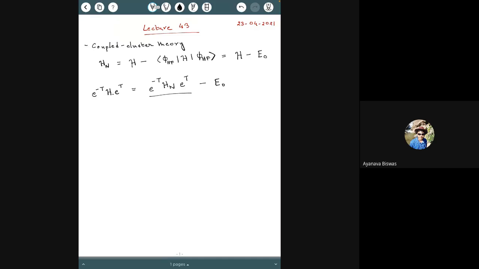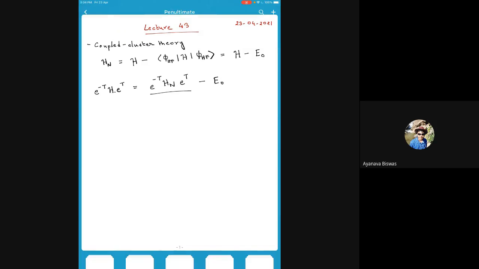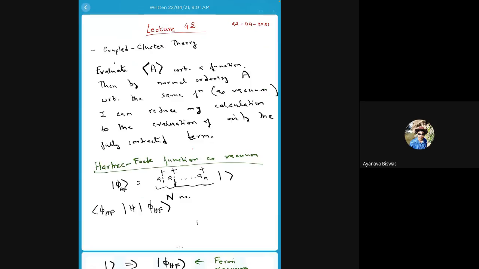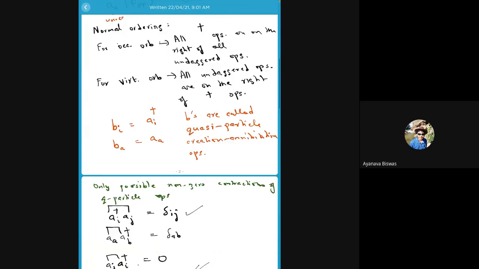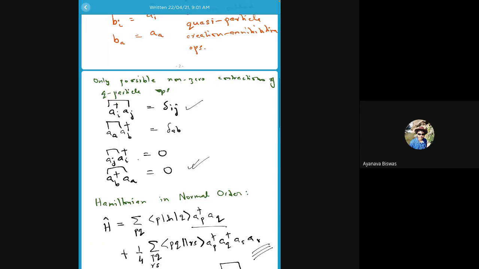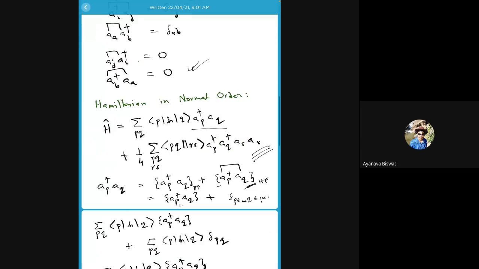Okay, so today we will complete the coupled cluster theory. Last class we wrote the Hamiltonian in normal order. That was the main thing we did. We took the second quantized form of the Hamiltonian,